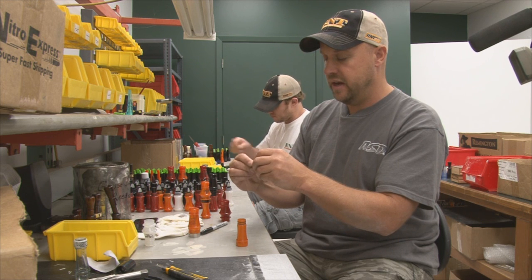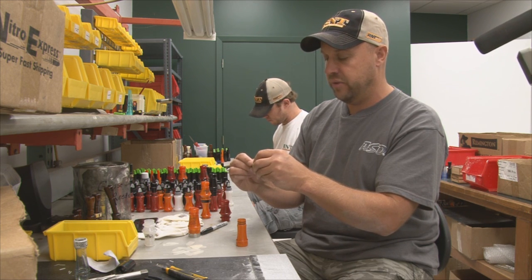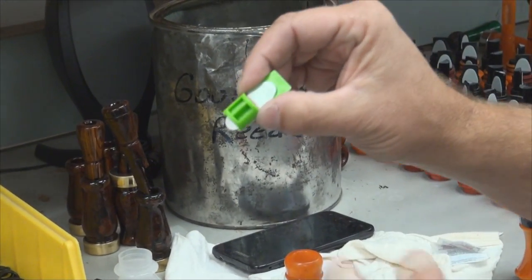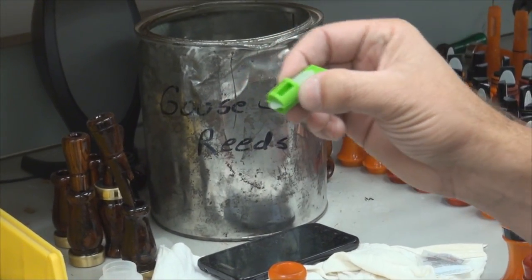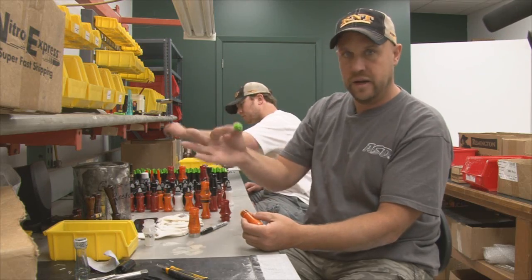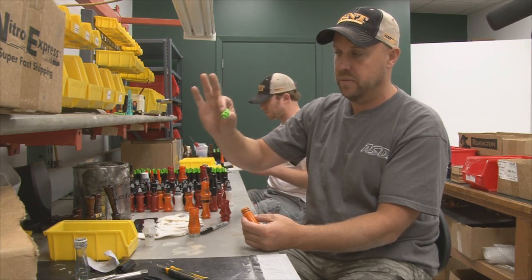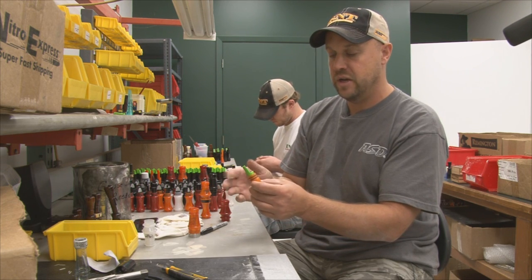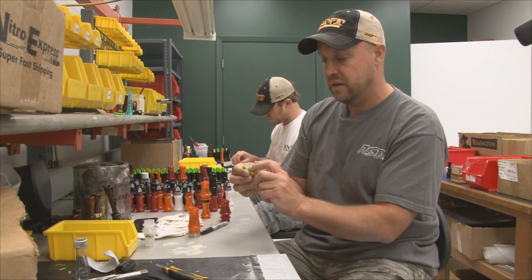So I've got all these items, and I've got them rough set in place. I've got the tone board, the reed, and the wedge, and it's somewhat close. Right now I'm not really after being finite with them, but I've got them all together so they're not going to come apart. I've got them pinched between my thumb and index finger, and then I just slide it into the call and put a little bit of tension on it. So everything's kind of held in place. Then I'll